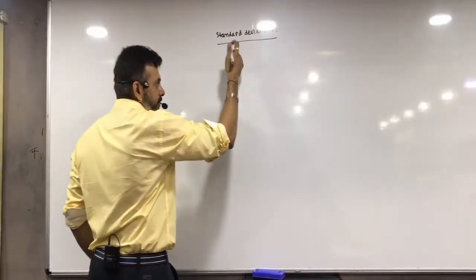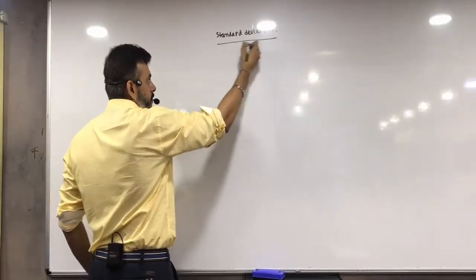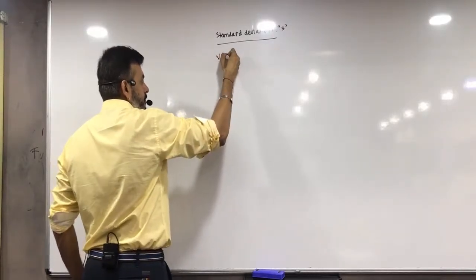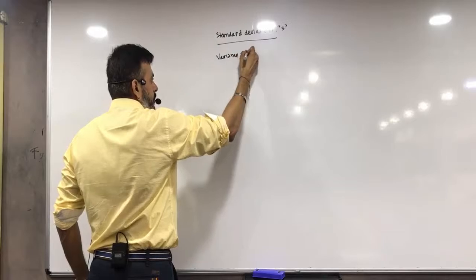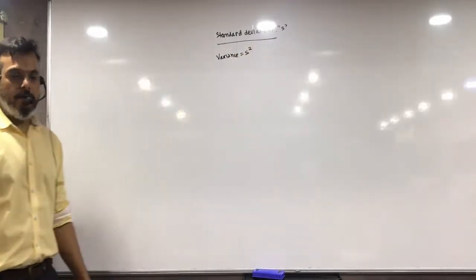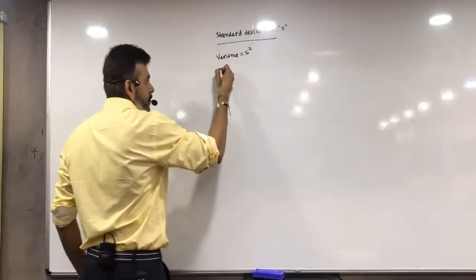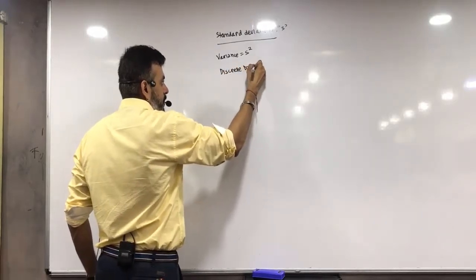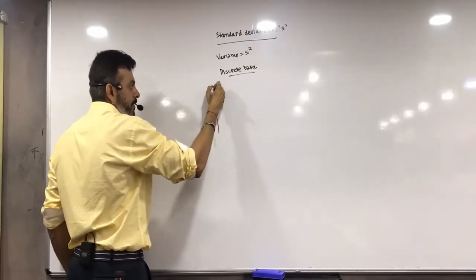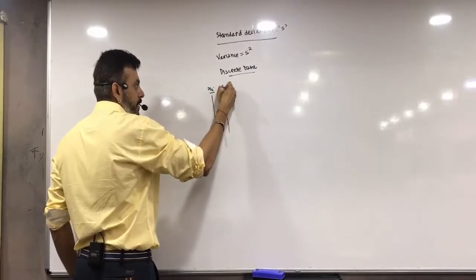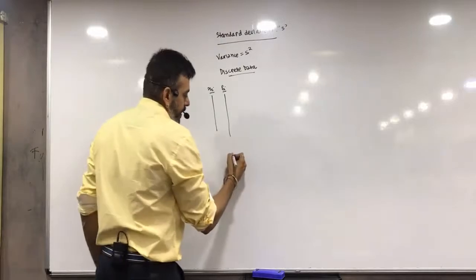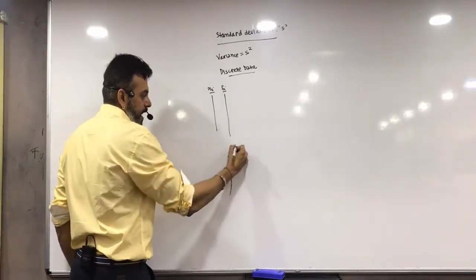Now standard deviation is denoted by the symbol small s, and variance is equal to s square. Today we are going to see the formula for discrete data. What is discrete data? You have xi and you have fi. Now for discrete data, the standard deviation by the direct method